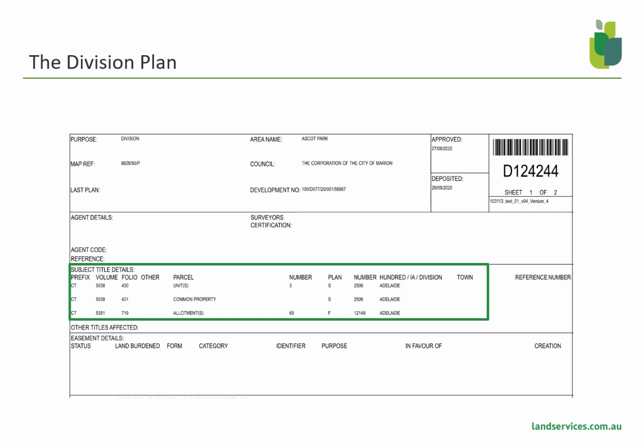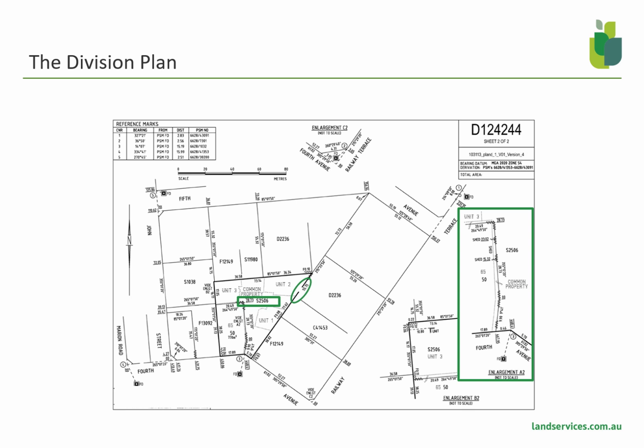The division includes all the land affected by the division in the subject title details, the same as all the other plans. So in this case, Unit 3, Common Property, and Allotment 65 are included in the subject title details. The CTs on the division plan are shown as CT as we are dealing with the whole of CT in division. As you can see, the division plan is over the units, as it is still a strata plan. Therefore, background is labelled as units. The presentation is per the previous plans as regards the BBL, strata plan number, and background references.